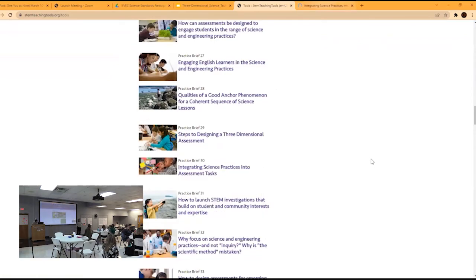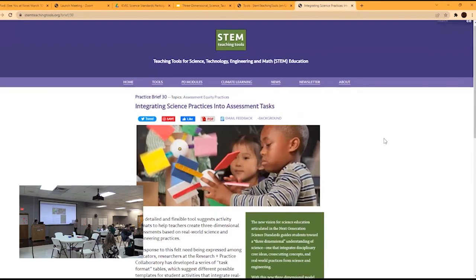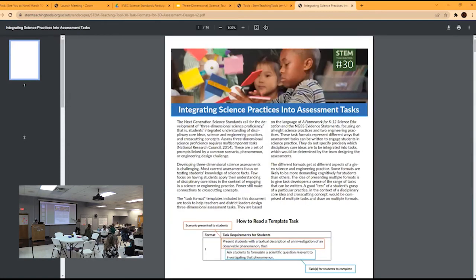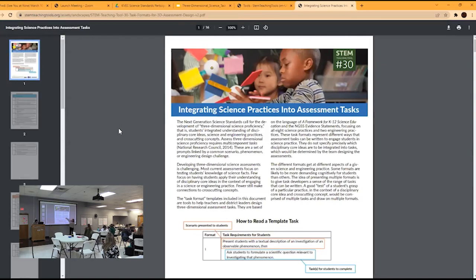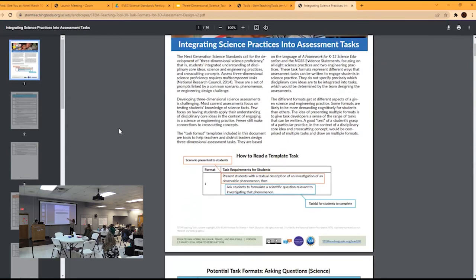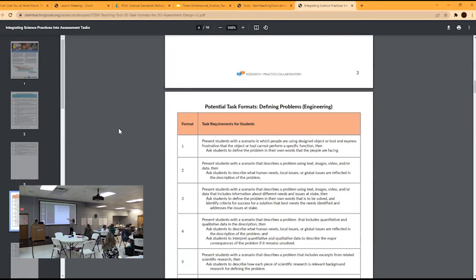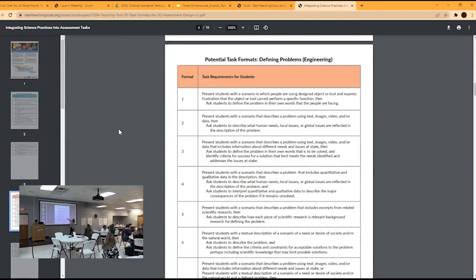This is just one of the tools that I think could be used. And if you'll hit the PDF button. Okay, so this tool is designed, if you will scroll a couple of pages. One more page. Okay, so that's a good one.